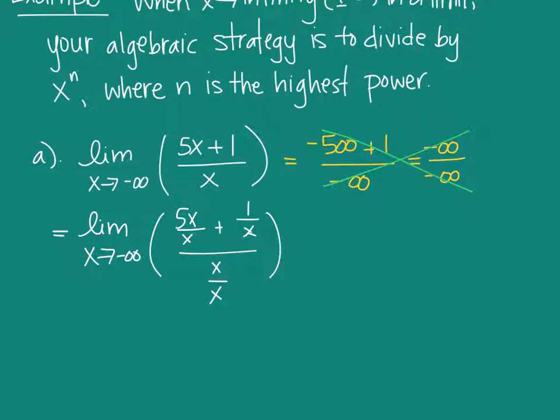Why is that legal? Does it feel wrong? Why am I allowed to just do that? If I divide everything on the top by something and everything on the bottom by that same something, yes ma'am? Did you just multiply by x over x? I did. And x over x is 1. That's the time that something over itself is 1. I just multiplied by the same thing on the top and the bottom. Sometimes that feels like math magic, right? But it's legitimate. It's real math.